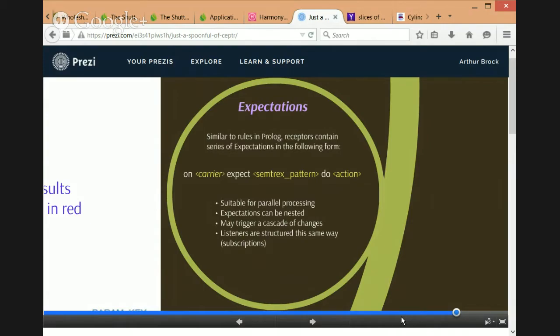So one of the ways receptors can relate to each other is they can plant listening requests. Basically, tell me when the weather goes up by 2 degrees, or tell me whatever. You can listen for different types of events. So you can send a receptor a listening request that is structured like this: on a particular carrier, when a thing happens, notify me, send me the information. And so that ends up being a really easy way for everything to operate with each other,